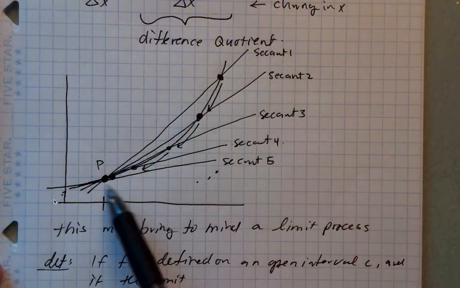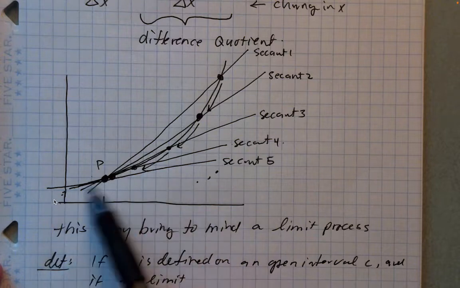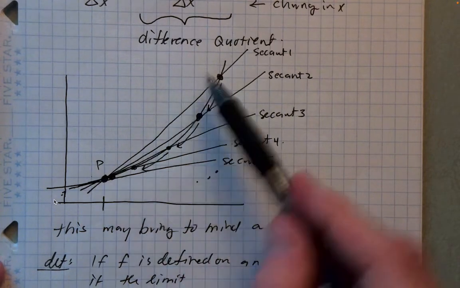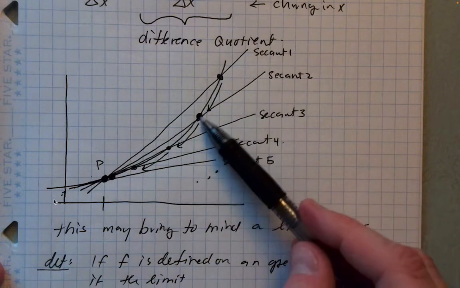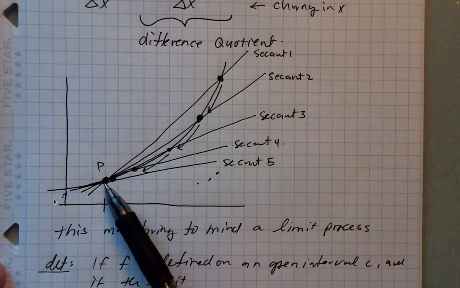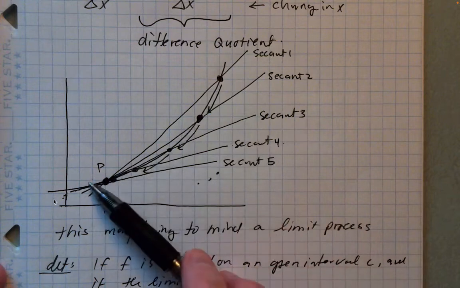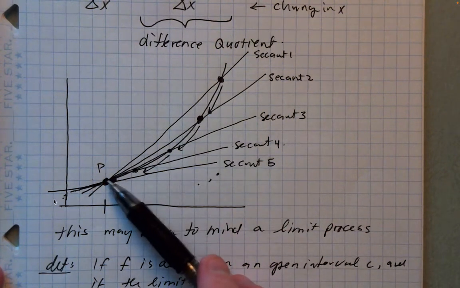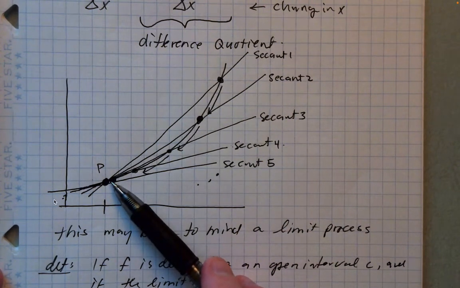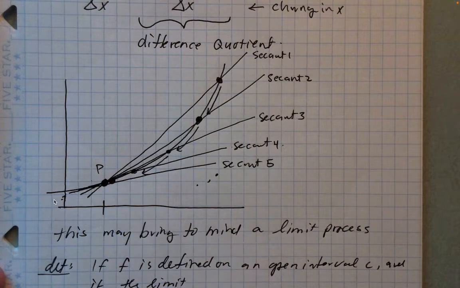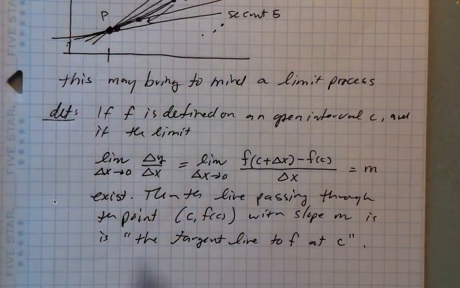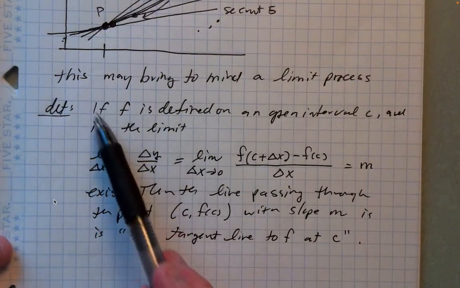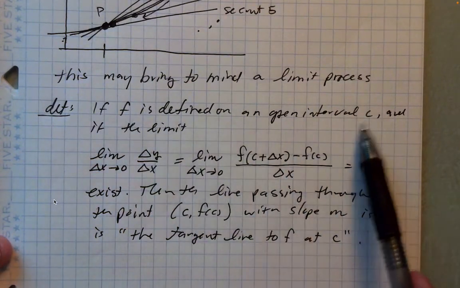We talked through the idea, right? If I want to figure out what the tangent line at P is, this would be one way to do it. Start with a secant line, make the secant line ever tighter around the point P, and do this until essentially the 2 points that are defining the secant line are arbitrarily close, meaning infinitely close, meaning basically identical. And more formally, what we would say is that if f is defined on the open interval around c,